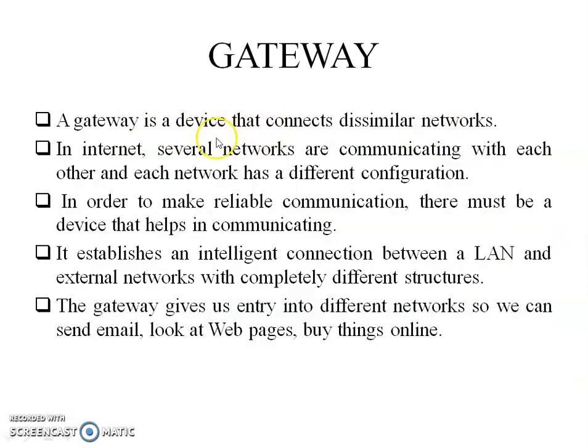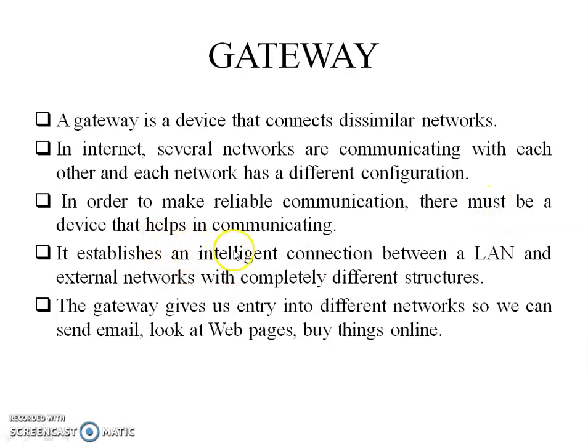Next is gateway. Gateway is a device that connects dissimilar networks. On internet, several networks are communicating with each other, and each network has a different configuration, that is, each network is using a different type of protocol. So in order to communicate with a dissimilar network, we need a device called gateway. This gateway makes our communication more reliable and